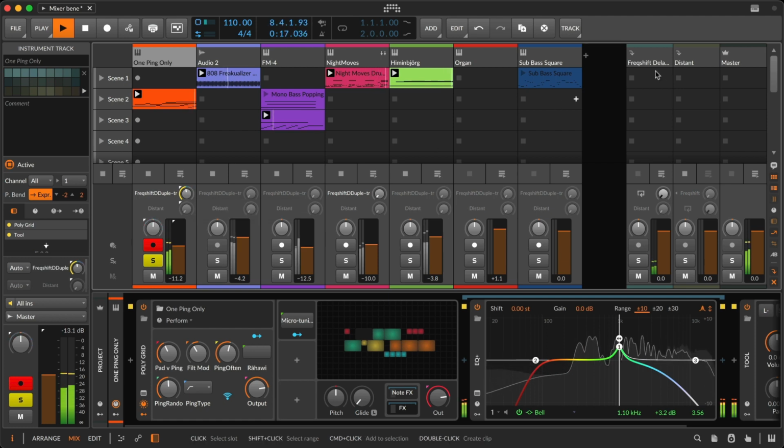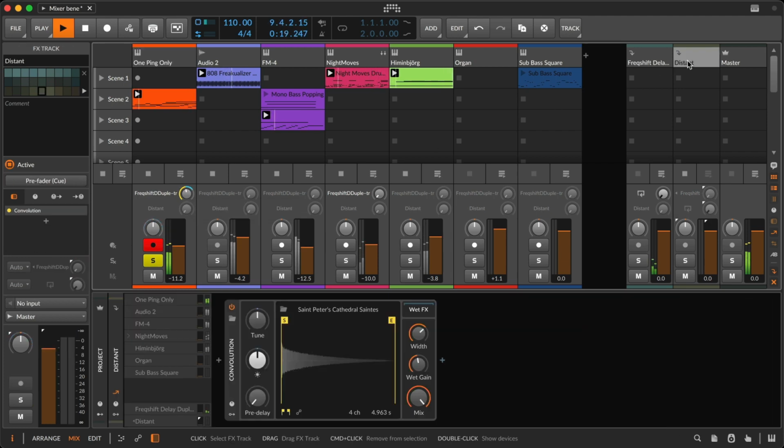So over here on top of everything, I've got an aux track with a nice little convolution, which is reasonably big. Let's make it a little bit bigger. Let's make it a little bit longer. Which I've just labeled distance because I want to use this as a bit of a distance effect.